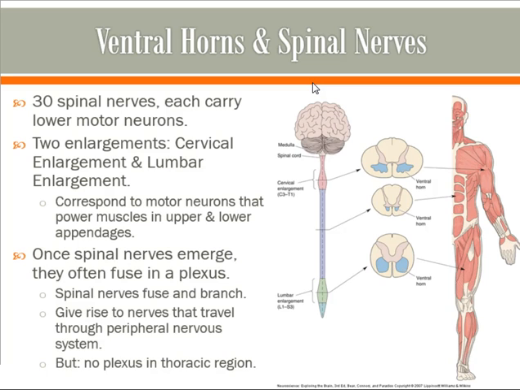And the reason is that, up here, this is the location of cell bodies in all these segments, C3 through T1. This is where you have cell bodies that are sending information not just to the skeletal muscles of your torso in this region, but also all the way to all your various arm and hand muscles. I mean, there are many, many muscles out there, a tremendous number of motor units, and each of those motor units has an individual cell body that's housed within the ventral horn within this narrow region of cervical enlargement.